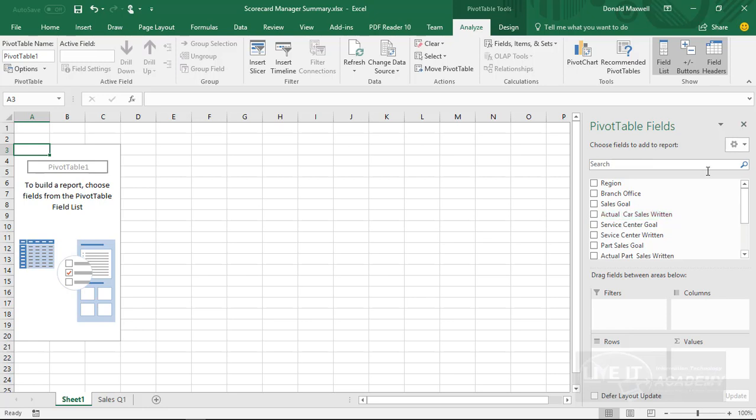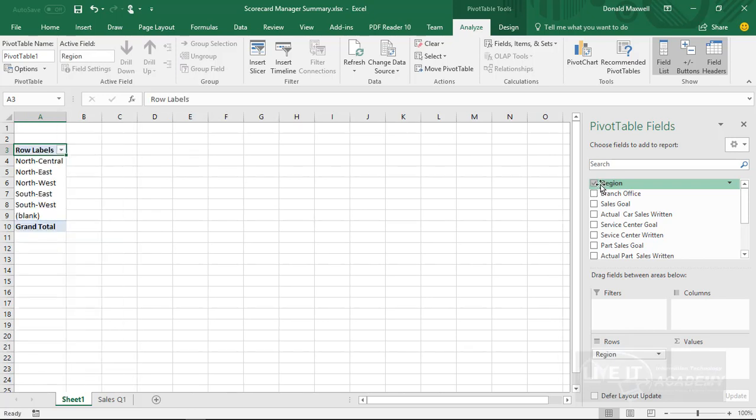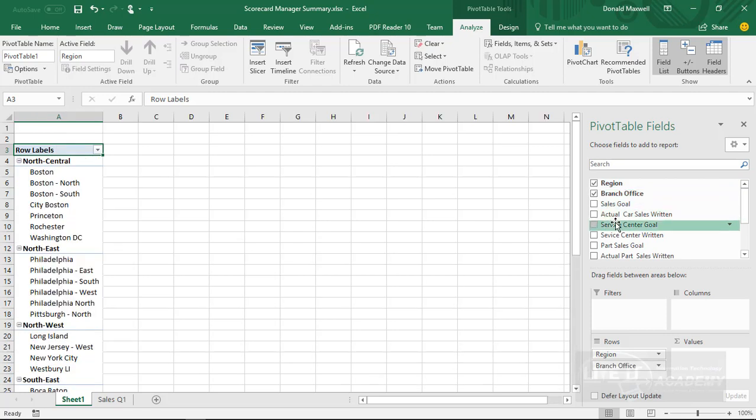And I do that by selecting the data fields, the field names. For example, here's region. Do I need region? Yes, I do need region because I'm going to be filtering on region. Do I need branches? Branch office? Yes, I do need branch office because I can filter within branch office. Remember, each region has a set of branch offices, so I must know for sure what branch offices are related